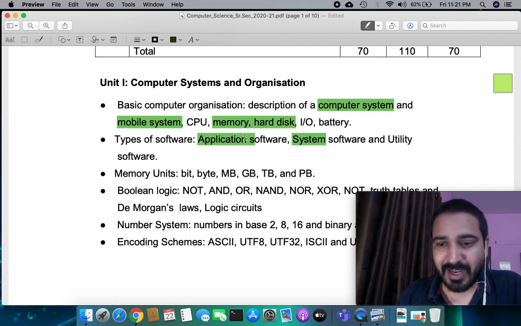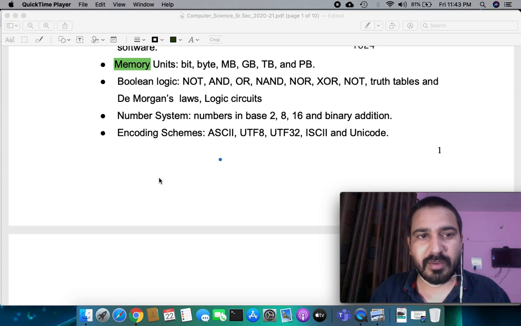Your PUBG Mobile, your Need for Speed, your Counter Strike, or whatever mobile or computer game you play, comes under application software. Another example is accounting software like Tally, and other software which runs on the machine, all come under application software.